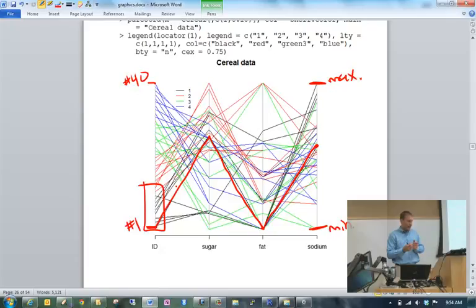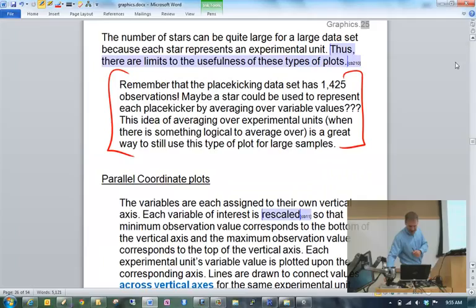The opaqueness of the lines represents how many observations a set of lines represents. If something is very transparent, meaning there's not a whole lot of observations, it's going to be very light. If there are a lot of observations, the set of lines is going to be very dark. So that's another way to represent that. Unfortunately, we can't spend days on these kinds of plots, so I decided to cut that out